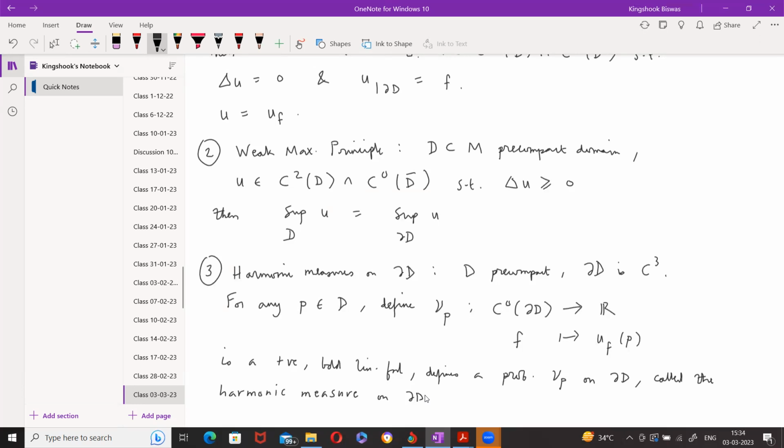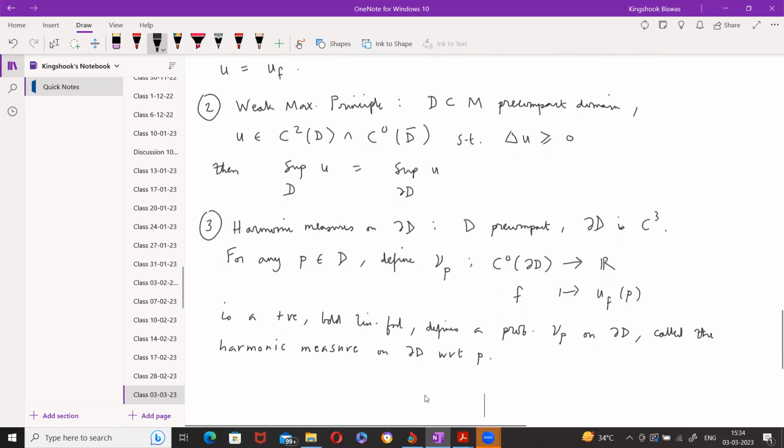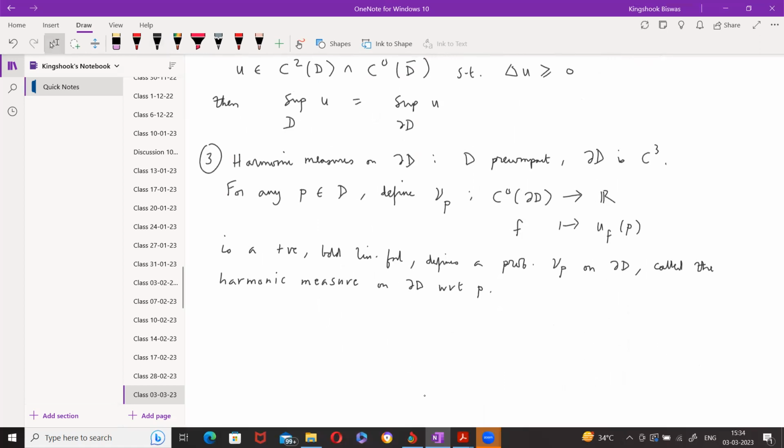Is the definition clear? Yes, sir. Okay, so the fact that this is bounded and positive uses the weak maximum principle. All right, so this defines the harmonic measures. And so what happens is you get that